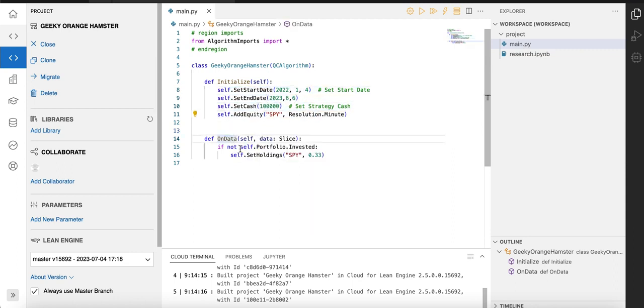And on data checks if there is an investment done. If there is no investment done, then we're going to set holdings of SPY to 33%. So 33% of the allocated cash will be invested in the SPY. So you're just going to click on run,